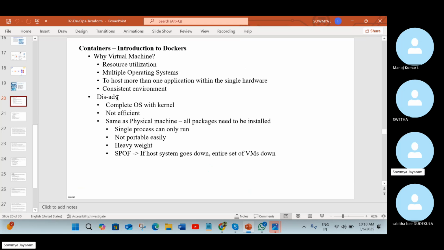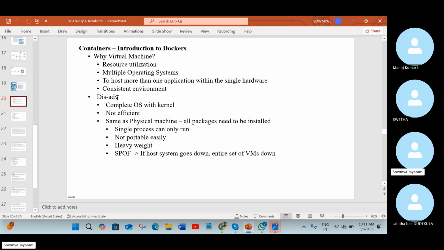Okay. So why are we using virtual machines? We have our own on-premises or physical machine itself, but why are we using a virtual machine? Try to say it like this: what are the advantages of using a virtual machine?